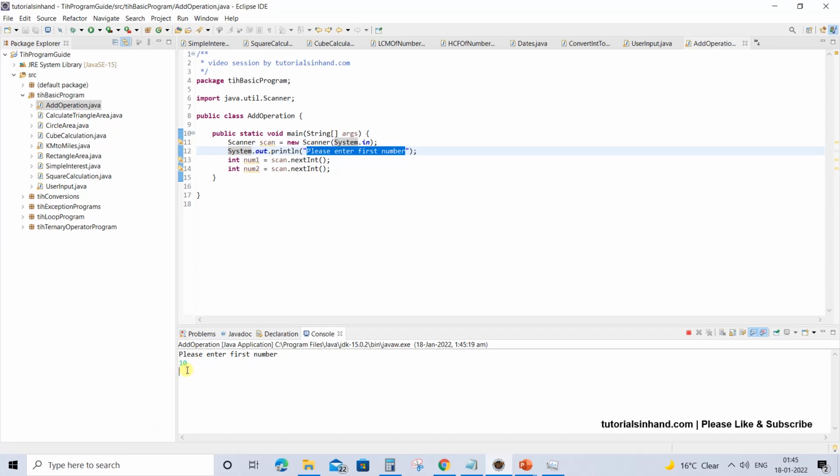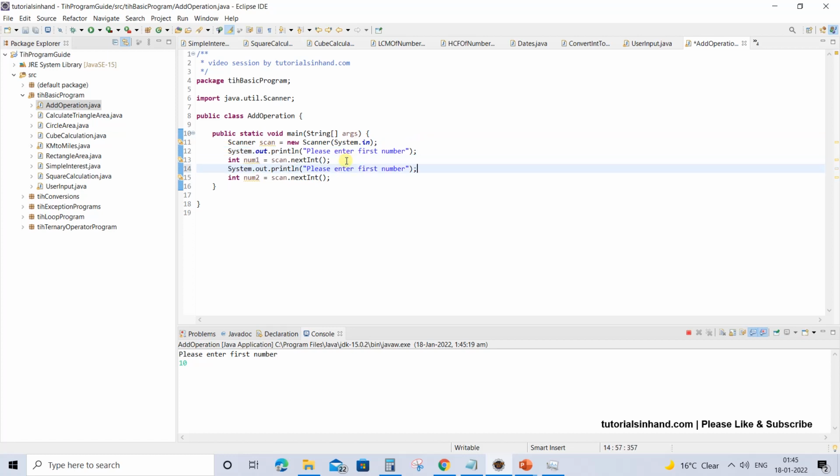Now the user doesn't know what he is expected to do, right? That is why the message should be given, so that the user is aware what action is required from his end. So just copy and paste this one and say that please enter second number. Now save it, and if you execute now, you will see that after you enter the first number, that is 10, and press enter, this 10 will be read from here and would be stored in the variable num1, and then you will be presented with a message that please enter second number, and once you enter the second number, it will read and then assign it to variable num2.